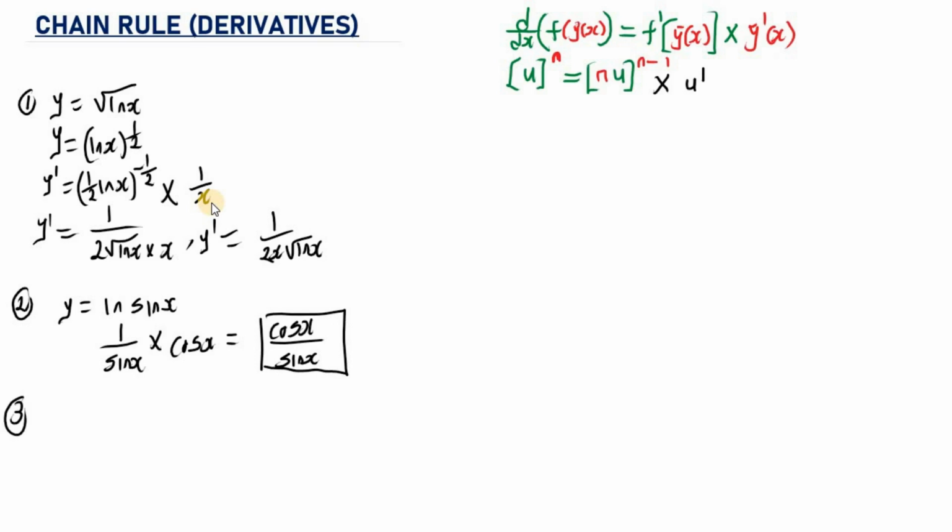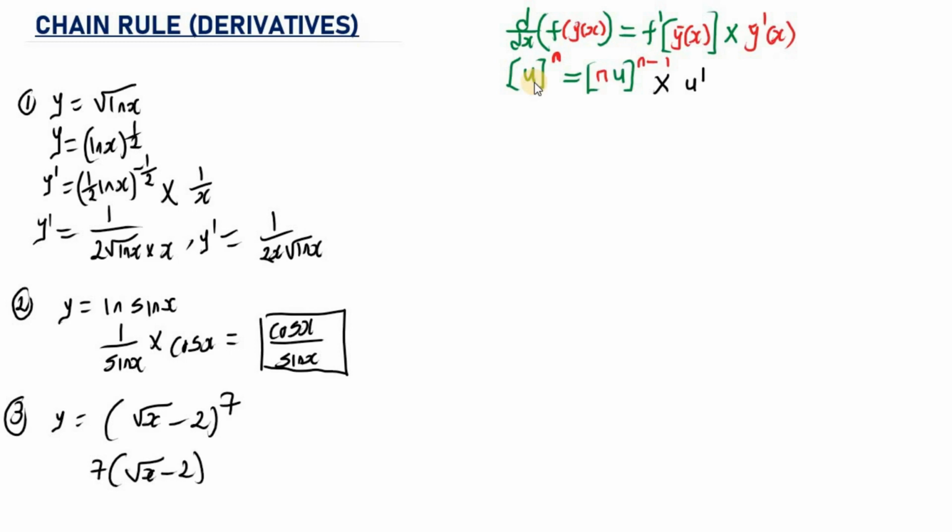So let's say we have y is equal to the square root of s minus 2, then raised to the power of 7. So we are going to use chain rule. As you can see, it is in this form. So it's going to be the power. We are going to take the power and move it to the front. So this is going to be 7 multiplied by the square root of s minus 2.